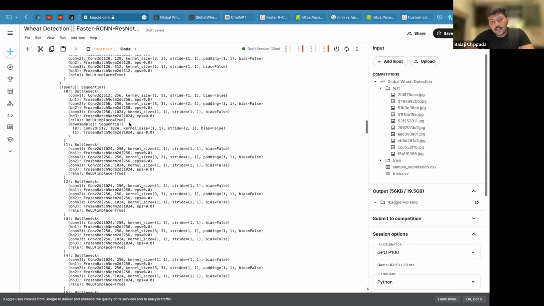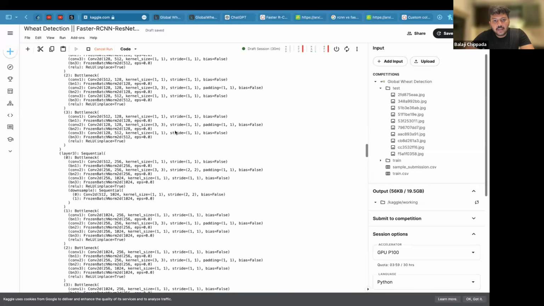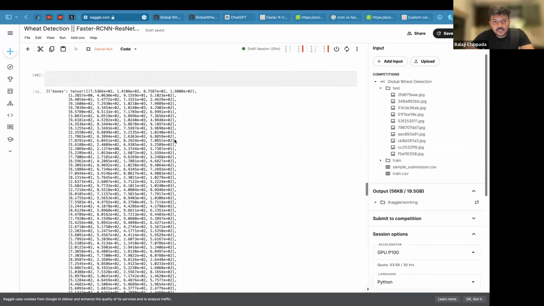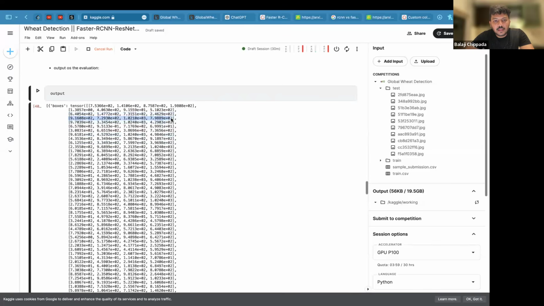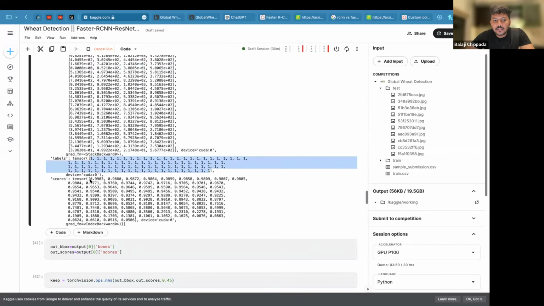So like this, it is giving me the box coordinates, and every list is a box actually. And then for every box, what its label is. We have only one class, so all are labeled as one. Okay. And after that, what is the prediction probability of every box: 0.99, 0.98, 0.98, 0.13. So likewise we have multiple boxes for a given image, and then what we need to do,